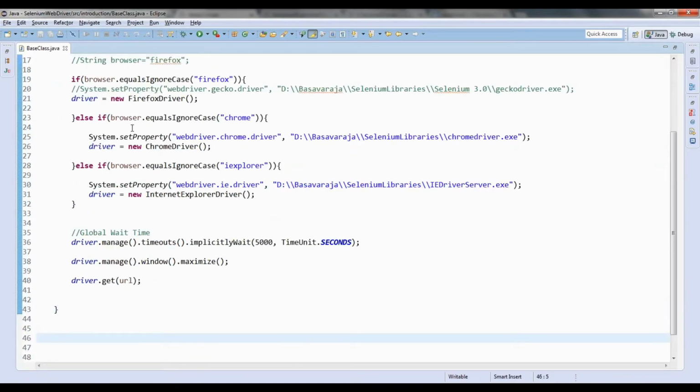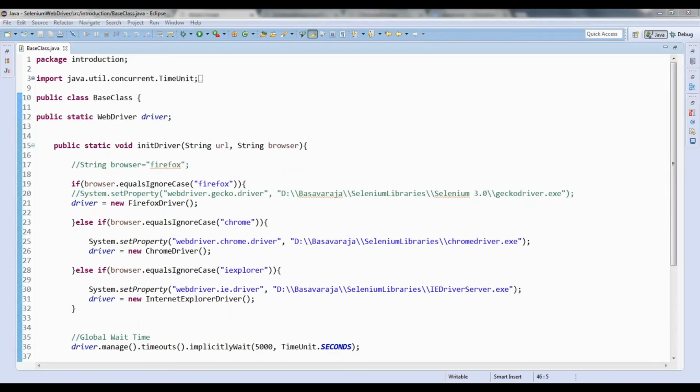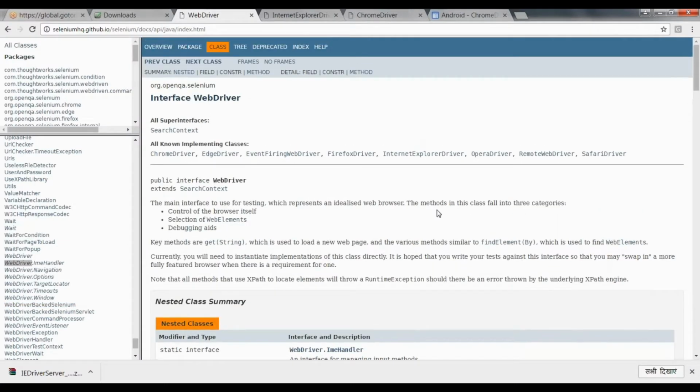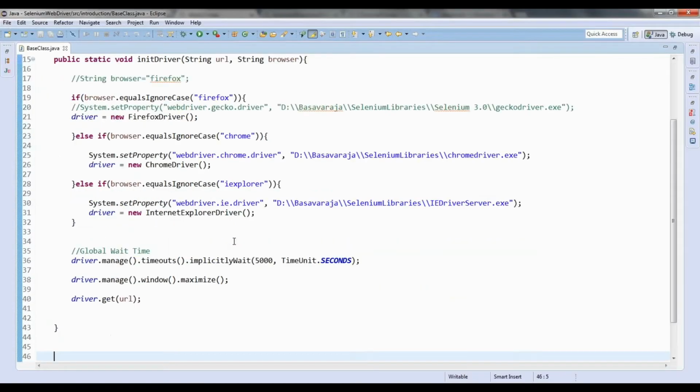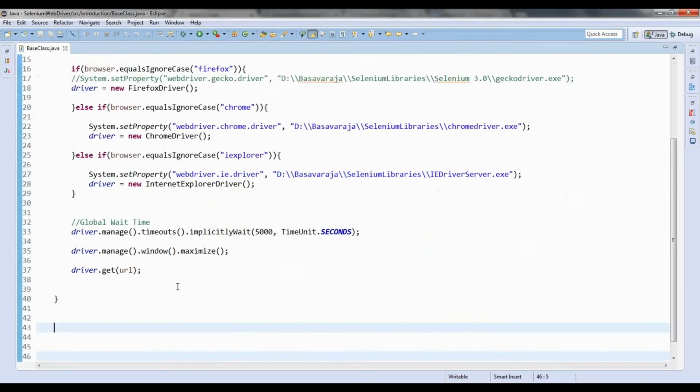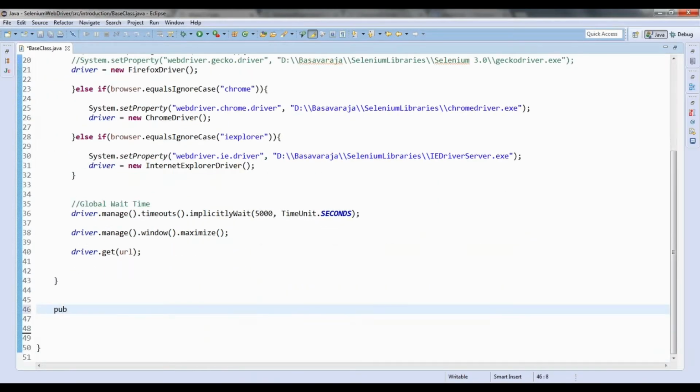So what I will do is, in the base class only, if my entire application or script is running and somewhere it is failing, then I should take the screenshot. Now I will show how to take the screenshot of a page, and then whenever we are doing the framework based on the error, you can take the screenshots, or on each and every action or each and every new page load, you can take the screenshot. So anything is possible.